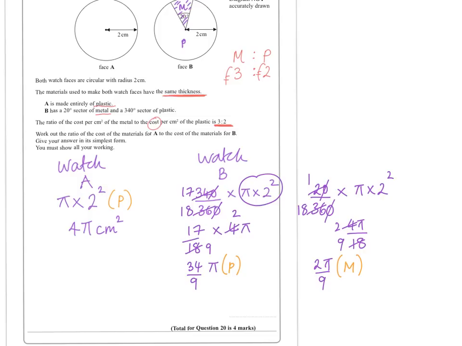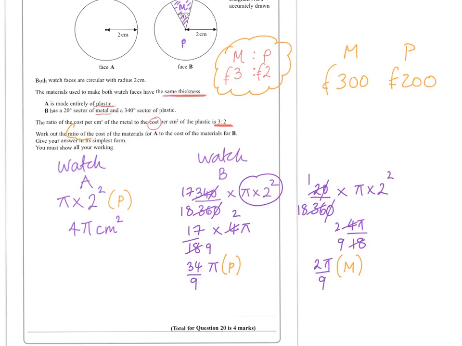Now I think this ratio makes a lot of sense, because if it's £3 for metal for what £2 is for plastic, then we may as well just keep £3 for metal, £2 for plastic. What I mean by that is we could say £30 for metal and £20 for plastic, or even 300 to 200. But if we keep it as simple as possible,